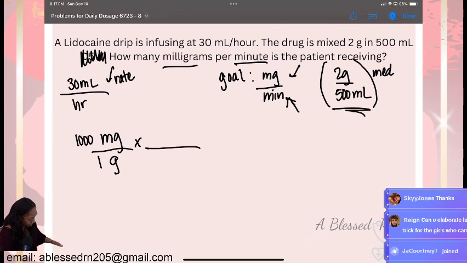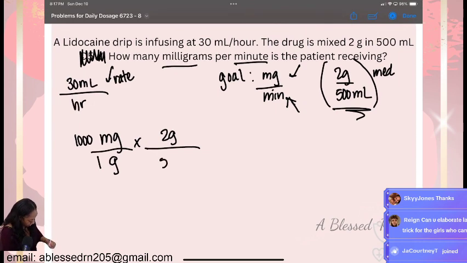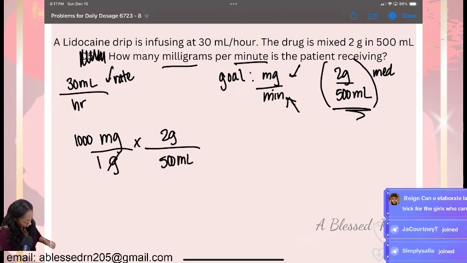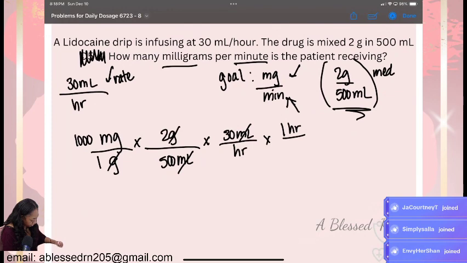So now I can use this right here because I got to cross my grams on the top and the bottom. So they're gone now. And you see we have milliliters on the bottom. So now I can put my 30 milliliters per hour on the top. And milliliters are now crossed out. And because we need minutes to be at the bottom and we have hours at the bottom, I'm going to do one last conversion and I'll put 1 hour is 60 minutes so that my hour is on the top and the bottom, minutes is left, and then milligrams is on the top.